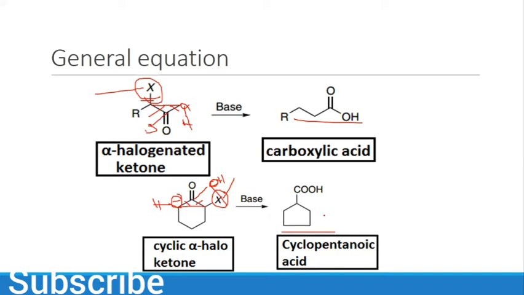So these are two mechanisms, one for alpha halogenated ketone which is non-cyclic and one for cyclic. It is up to you which you want to remember. Both are simple and straight. You have to remove the alpha hydrogen first and then this carbon will attack on the alpha carbon of the halogen and then they have a single bond. Afterward we will add the base and then we will break any of the bonds of this carbonyl group. Suppose we can break this bond or this bond and it will open and then we have a 5-member ring.